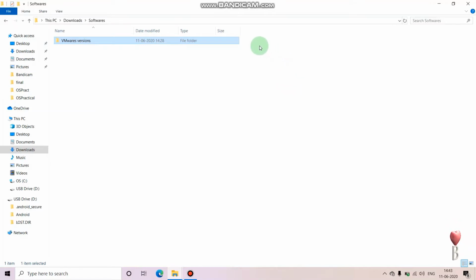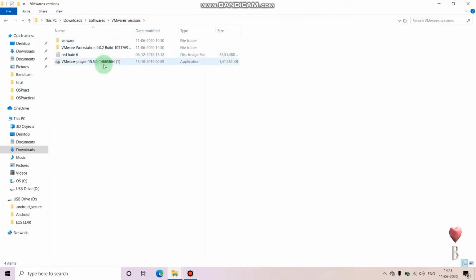So the first practical we are going to do is on the installation of the VMware software, which is your first practical of the operating system. What we are going to do is we are going to install this application VMware machine. You can install this exe file from any official website online. Nothing payment or any subscription payment you have to pay, and see the steps I am following to install this VMware software. Okay.